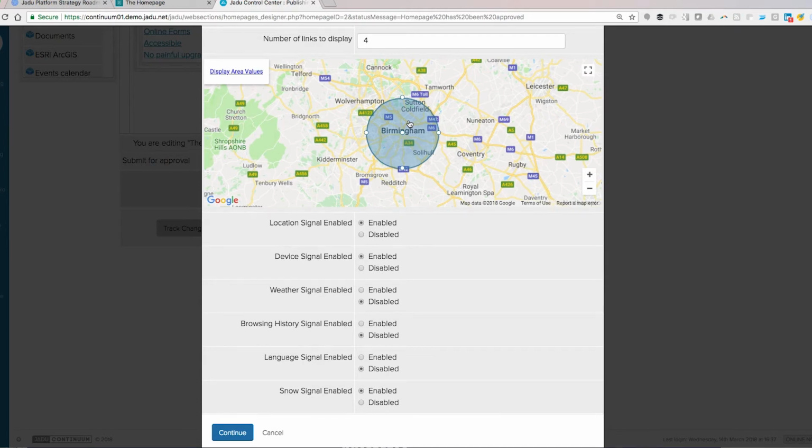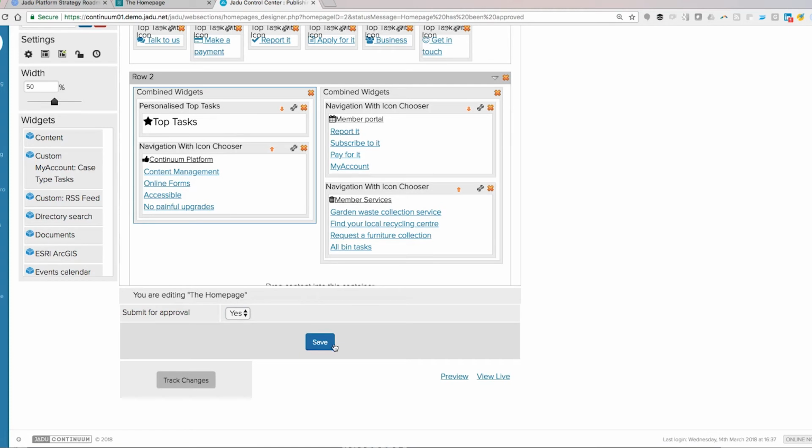So if somebody's just slightly outside the borders of what you look after, that could give somebody a completely different experience. For example, on a mobile device, if they come to use fly tipping, because we know they're outside that area, we're actually going to remove that link. But in this instance, what we're going to show them, if I just approve this page, nearing the end of this demo,